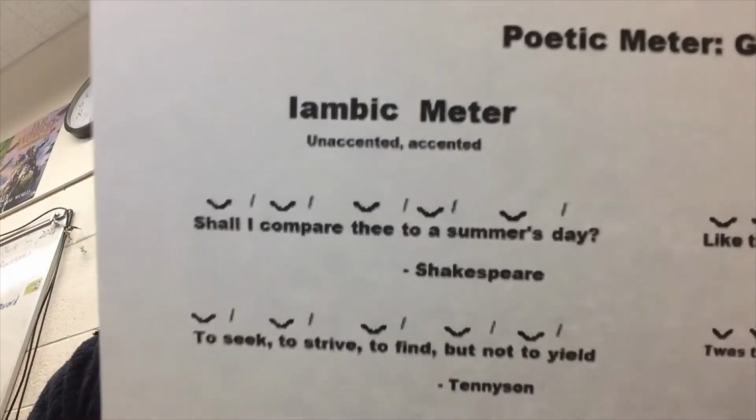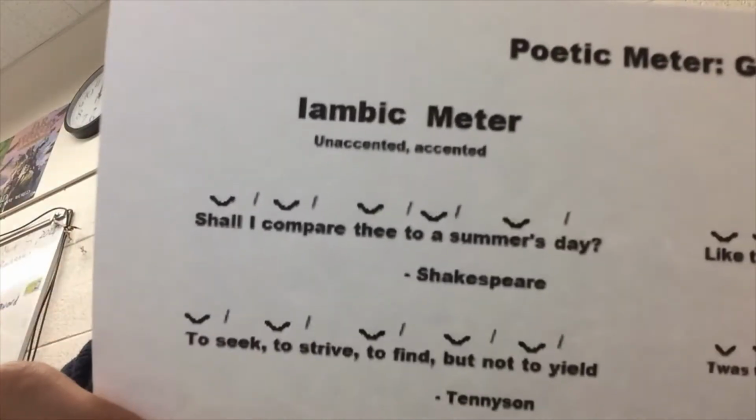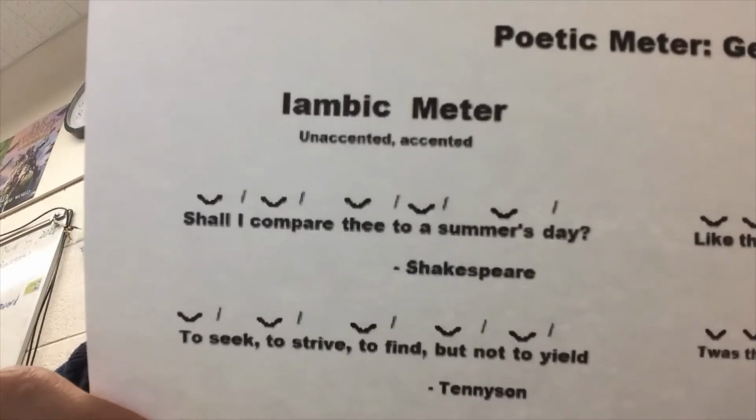And the little scoop that looks like a U is a soft, and then the tick at the top is a hard. And a lot of poetry, before modernism started, was written in iambic meter or iambic pentameter, which was a line of 5 iambic meters or 10 syllables. But he wrote, even though he used a rhythm that was traditional,